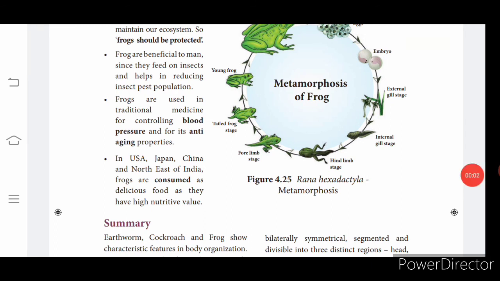So today we have learned about the excretory and reproductive systems of earthworm, cockroach and frog. You can take notes while listening to the class. The important points are being highlighted, so you can note them down. Of what has been covered in this class, metamorphosis is important and the economic importance of frog is most important. Otherwise the diagrams of the reproductive system of frog are important, and the reproductive system of cockroach diagram is important.